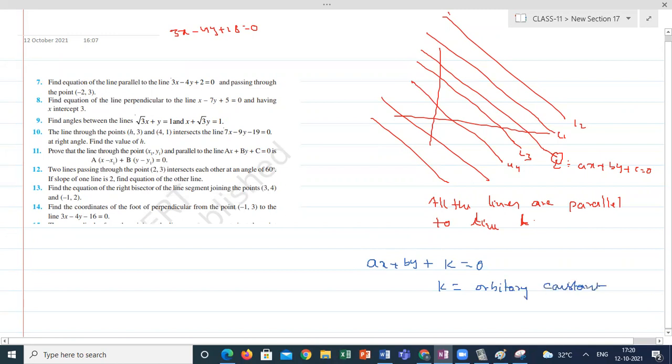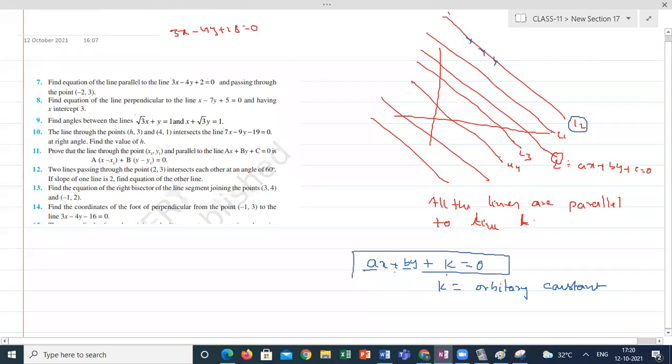There is a difference between general constant and arbitrary constant. A is a constant, B is a constant throughout any line, but K is a constant only for a particular line. If I'm taking line L2, having many solutions, for that line L2, A, B, K are constants. But when it comes to line 2, your K will change again. When it comes to line 3, your K will change again. If it comes to line 4, your K will be changing again. So, that is constant for that particular line, and it is changing if the line is changing. If any line is parallel to that line, the K value is changing.